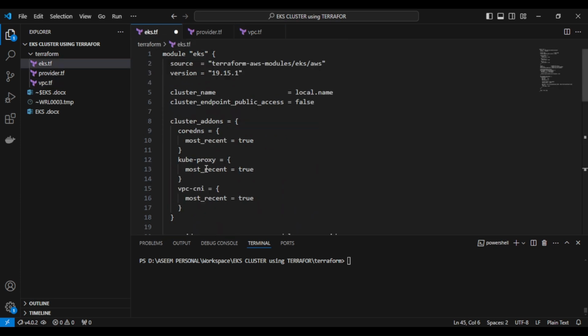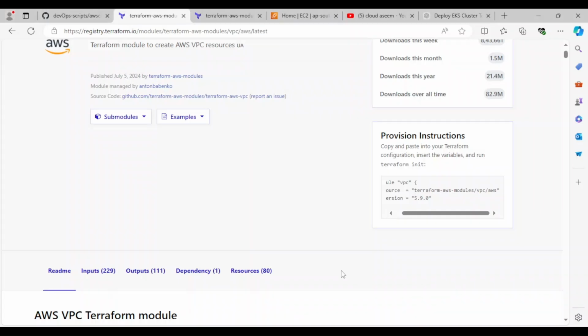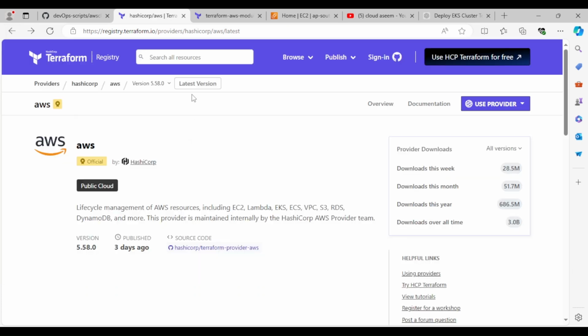Now let's go for EKS. So EKS, you can fetch it over here by just going with the official document of Terraform, right? How to create it with Terraform? Let me go back. So simply, if you fetch it over here,